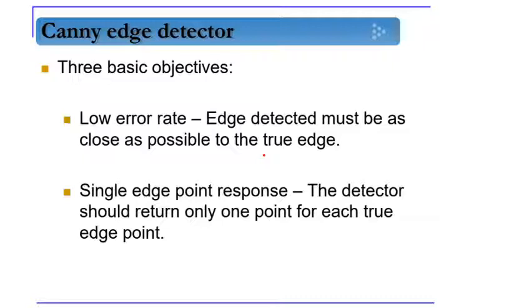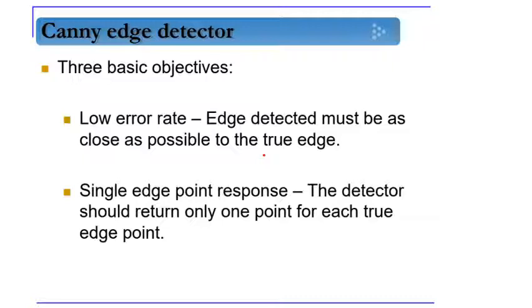Whenever an edge is found, the value of the image at that edge point is going to be maximum. If a few extra edge points are detected around that maximum point, we want to avoid that. If there is only one edge point, only that edge point should be detected, and all the other points around that actual edge point should be removed. That means the number of maxima around that true edge should be minimum. So how do we implement all these objectives in one algorithm?